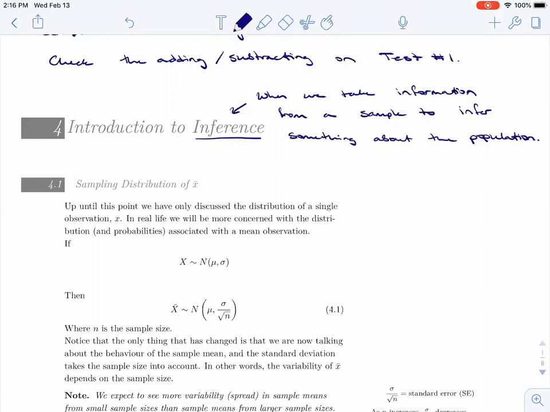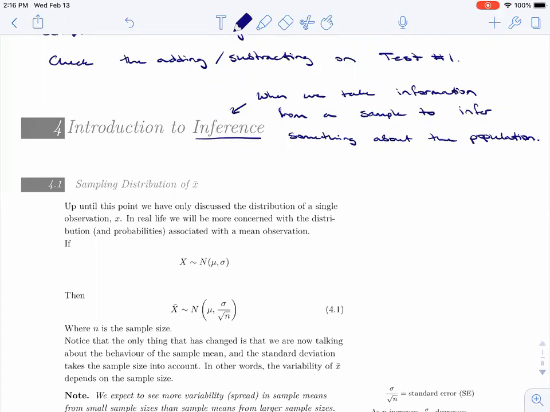So far, we've only talked about a single observation, right? The speed of a manatee follows a normal distribution with a mean this and a standard deviation that. So we've been talking about a single observation. And here, when we take information from a sample, we're not just going to take one individual to try to say something about the whole population. We're going to take the average, or the mean, of a sample to try to figure out what the population mean